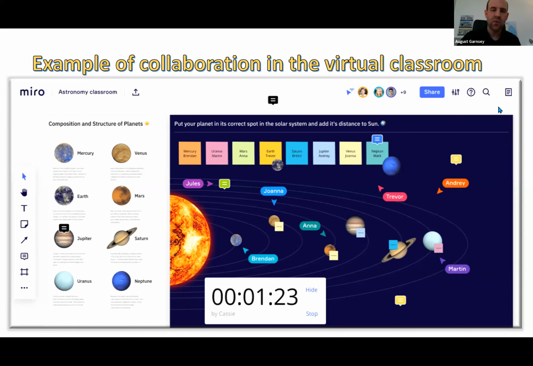These learners went to the sticky note with their name on it, took the little planet object, and literally moved it into the solar system to place it. What a great way to do a type of assessment to gauge whether the students understand where the planets are in the solar system.